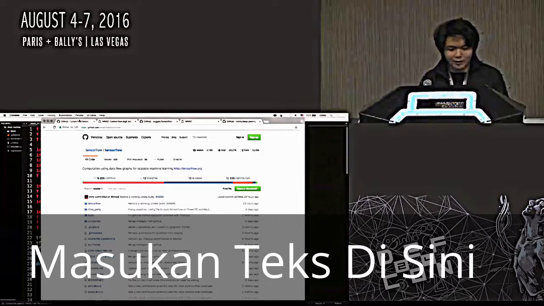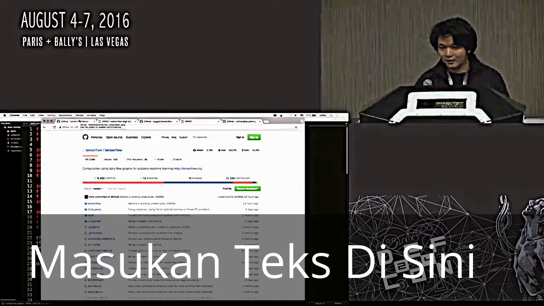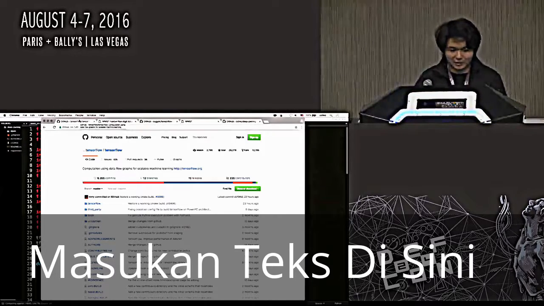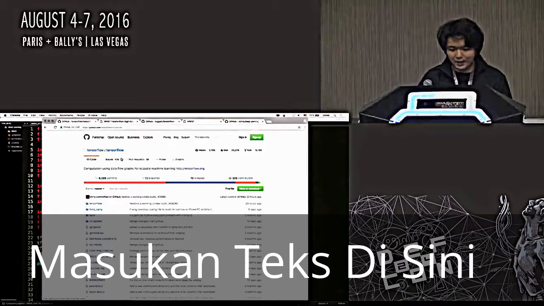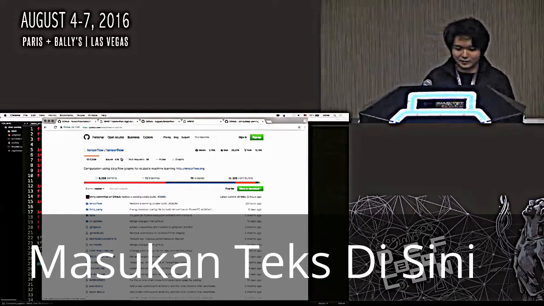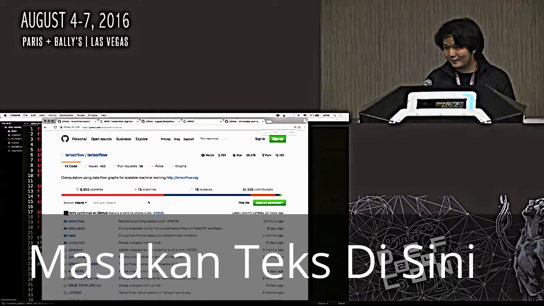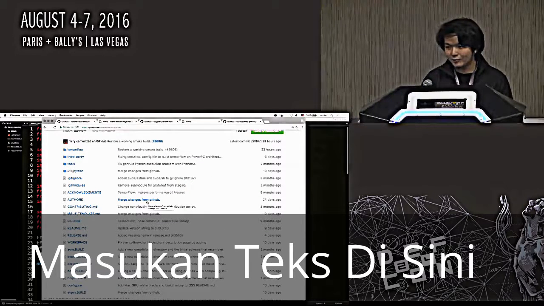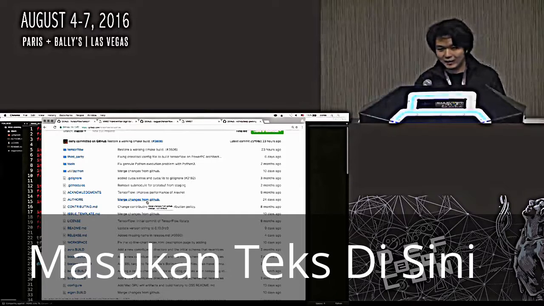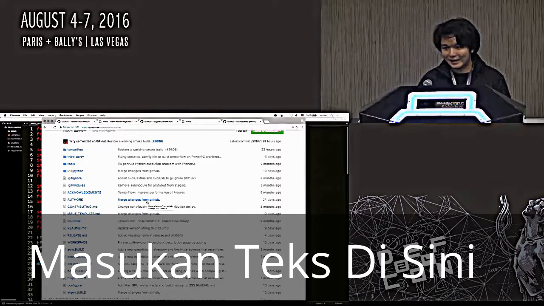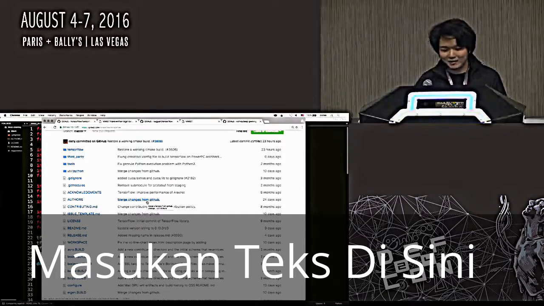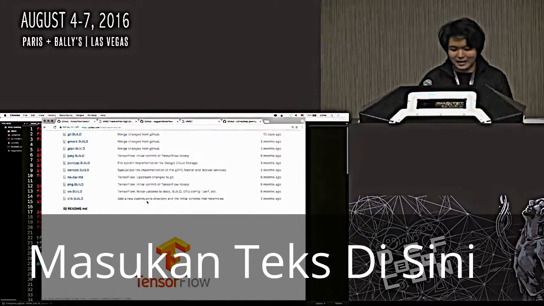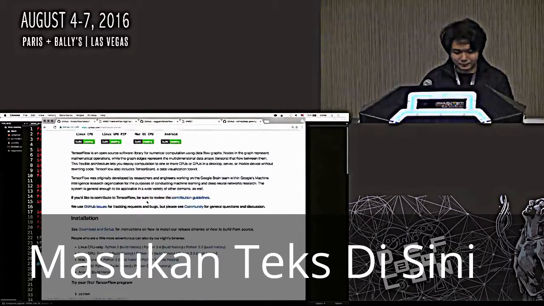Okay, so what we're going to look at here is an example of a deep learning system that is really accessible to everyone. This is TensorFlow. It's Google's open source deep learning machine intelligence framework. I think it's probably the easiest deep learning framework to use. We're going to walk through a small example of how to use deep learning to solve the easiest task, the task that's used most commonly in most tutorials and examples. And then we'll look at how to bypass that.